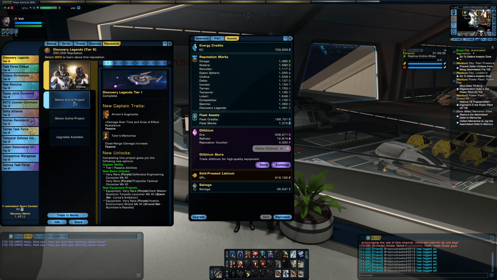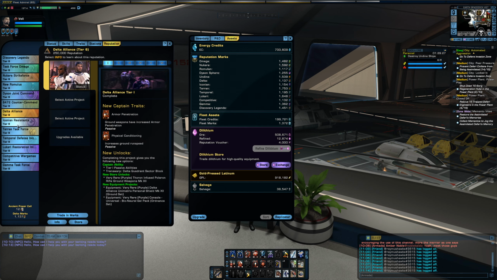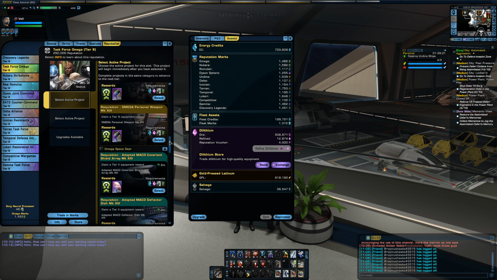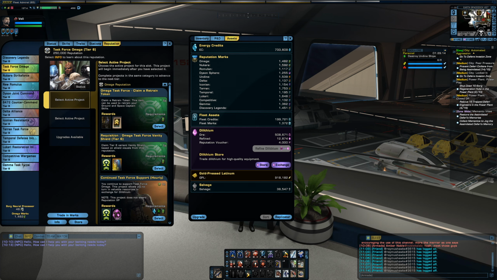So do the daily one to level these up and pretty much do them all. You may want to prioritize which one you start with, depending on what type of build you're making. So there's different types of gear for every reputation that you can craft. So depending on what you're going for, you might want to do one of these first and then the rest, but eventually get them all because they unlock